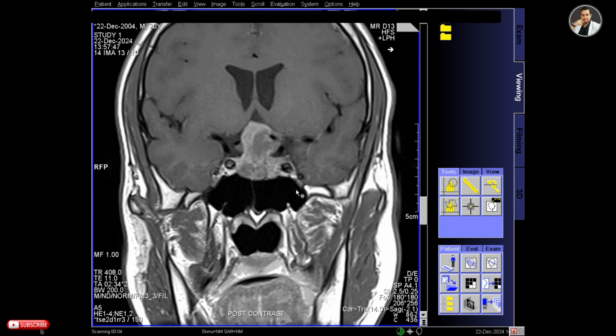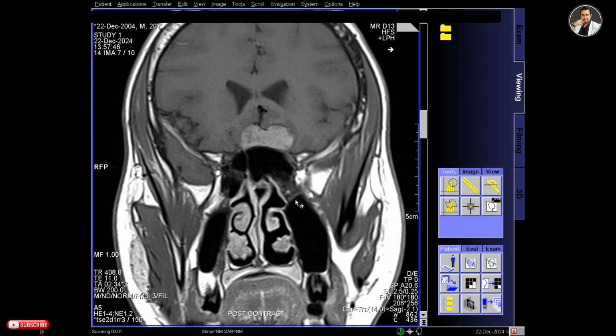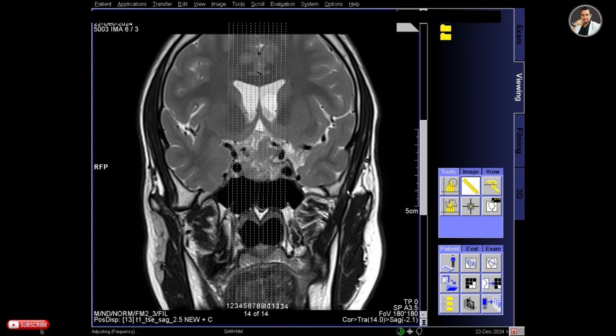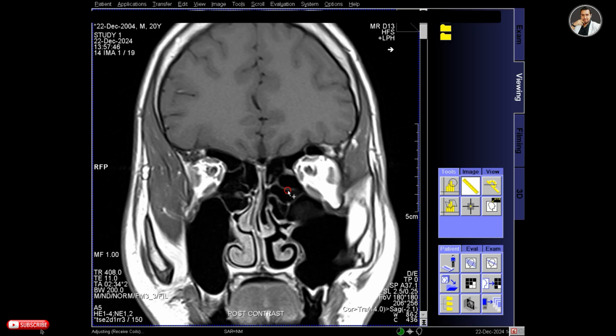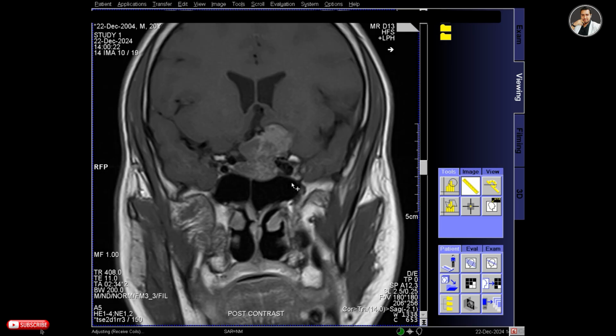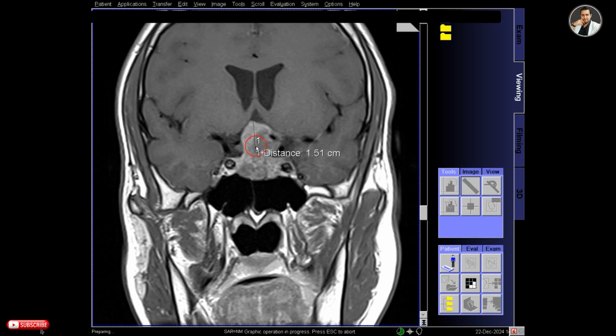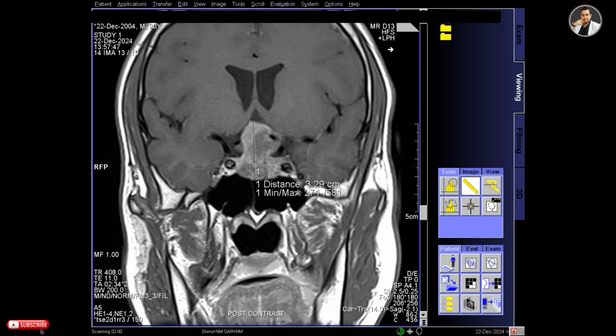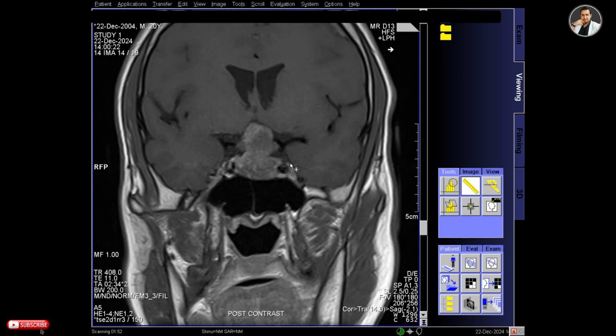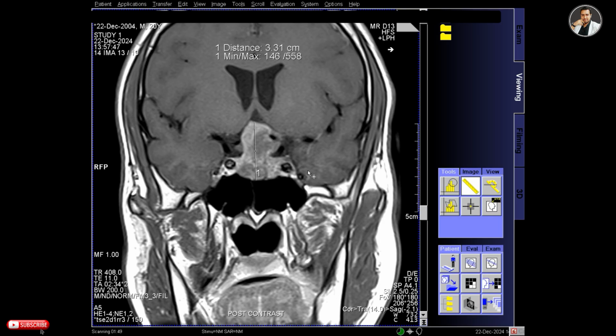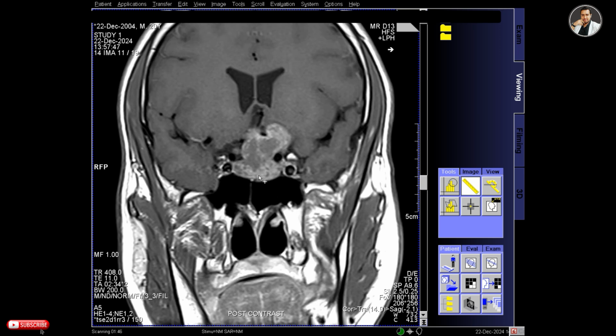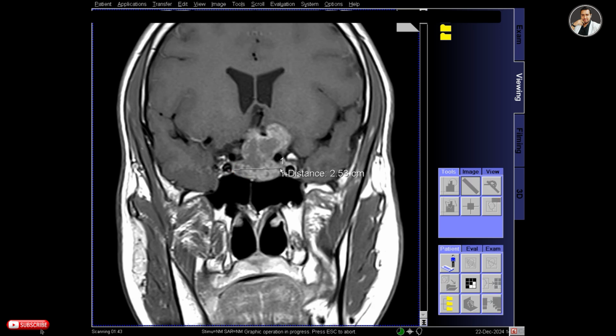Now it's time to print the T1 coronal post contrast select series. In the coronal view, we can see the extension of the tumor in the left side. In the coronal image, I also want to scale this tumor. So this tumor is 3.29 centimeter long, and try to scale the larger segment of the tumor. And here I want to measure it, the width of the tumor is 2.68 centimeter in the coronal segment.